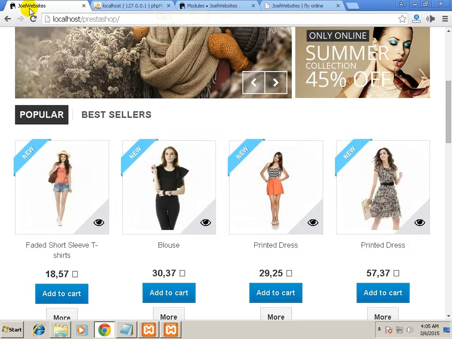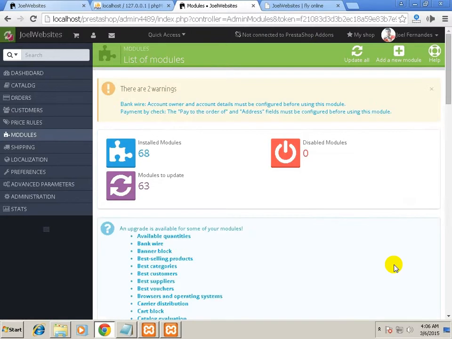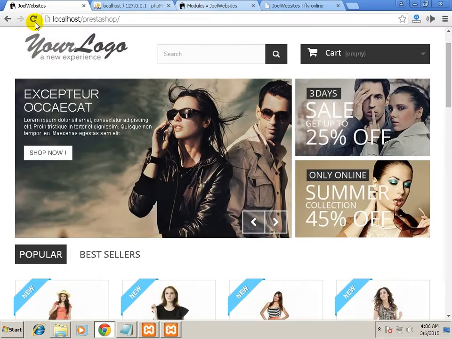I'll just show you what happens if we disable it. I'm disabling it now. It is loading. Okay, so as you see, the top horizontal menu, which was over here, has disappeared.